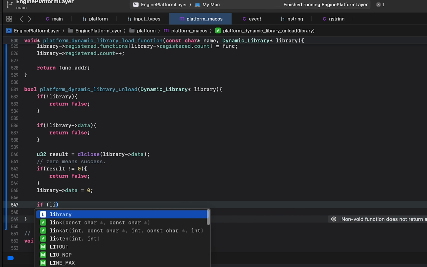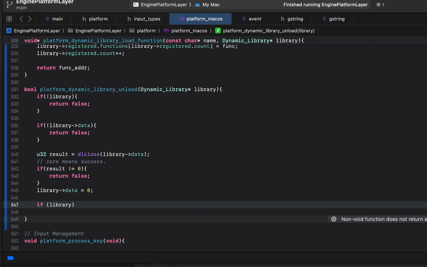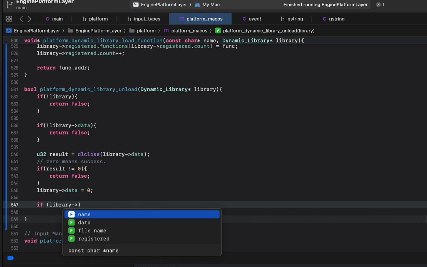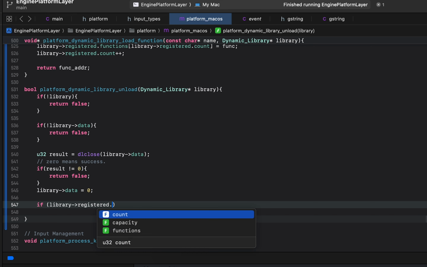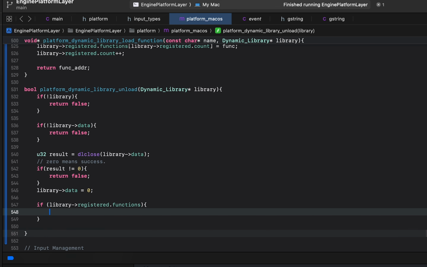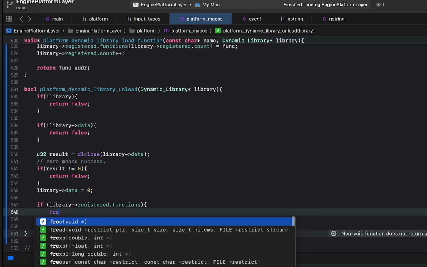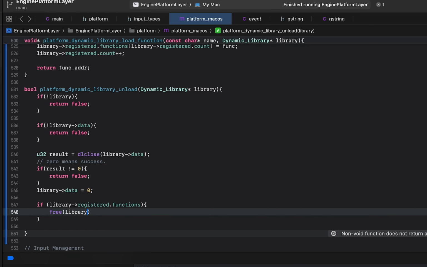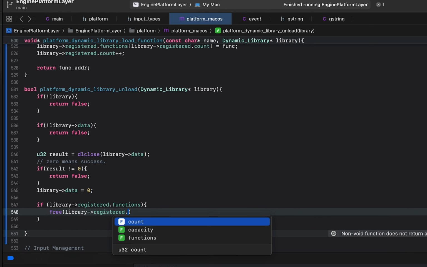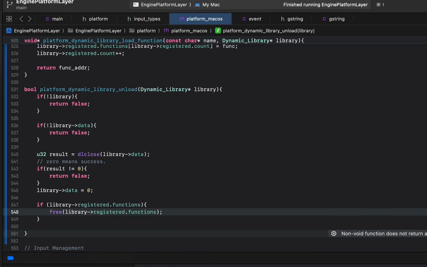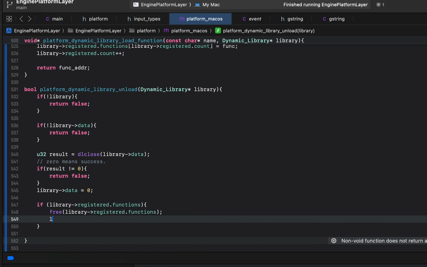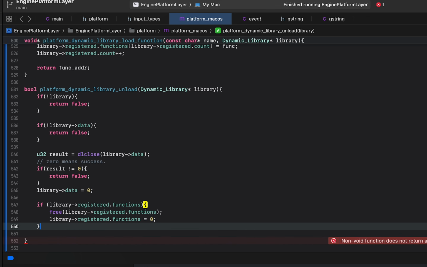So we're gonna say, well, I keep referring to library as a plugin. I guess you can consider it as one. I just got used to loading plugins in the other engine, but anyway, it's fine. Library registered functions, and if there is a list of functions in there, we just want to free that list. So again, library registered functions. We just want to free that list of functions, and then we're gonna set the list to 0. So let's set the list of registered functions to 0, and then from there